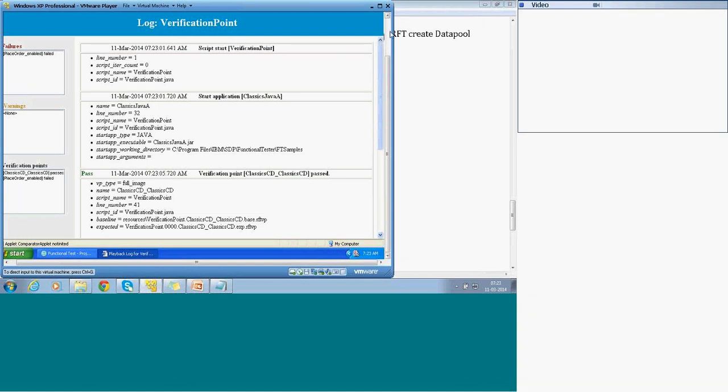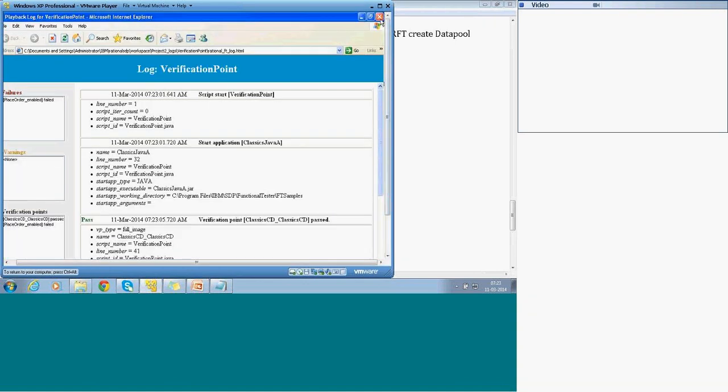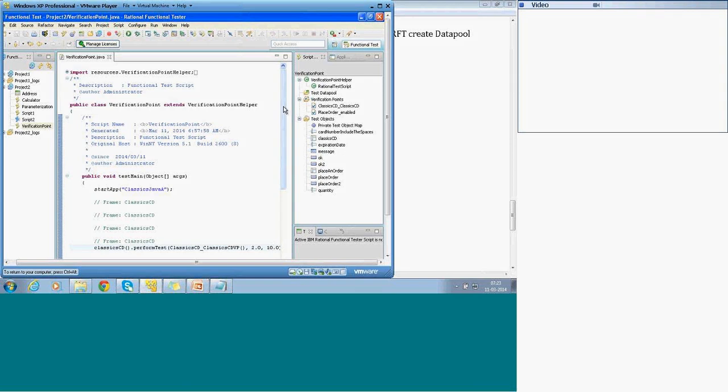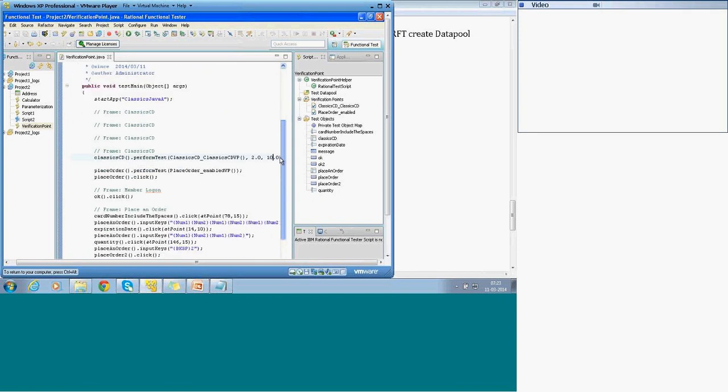The next is data verification point. Data verification point is all about the content of the list I want to check. For example, before I click on this OK button, this is now member login.